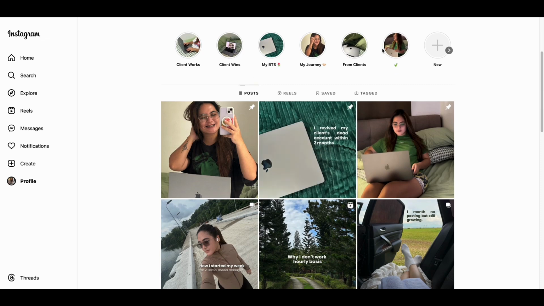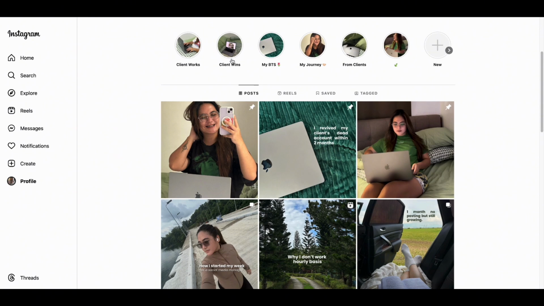On these story highlights, kailangan this speaks of what you are, who you are, and what your previous clients say about you, what you're offering, or any other information that you want your audience to know about you as a social media manager. So, ilalagay mo lang dyan, for example, client works. Dito malalaman or makikita nila yung mga nagawa kong content for clients.